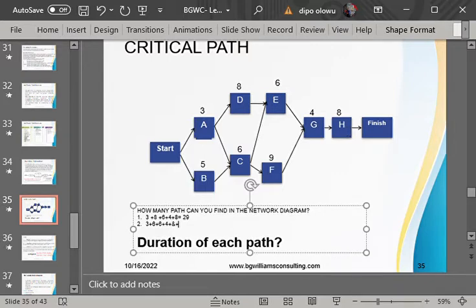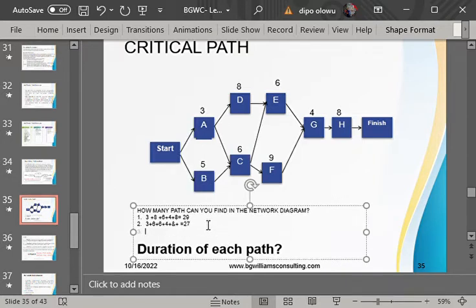And that gives us the total duration of 9 plus 6, that is 15. 15 plus 4, that is 19. 19 plus 8, that is 27. So that is 27. Okay, so we move to the other part from start to A,